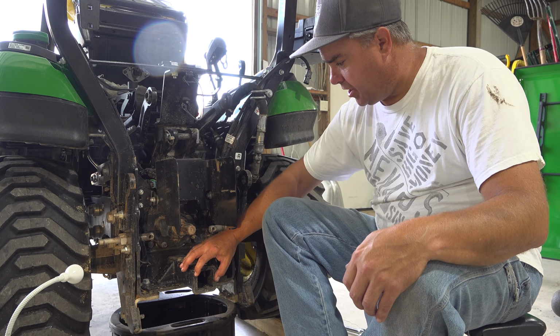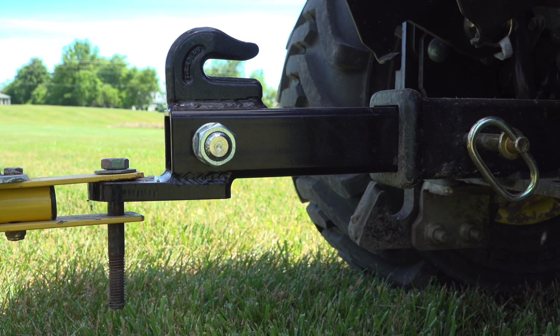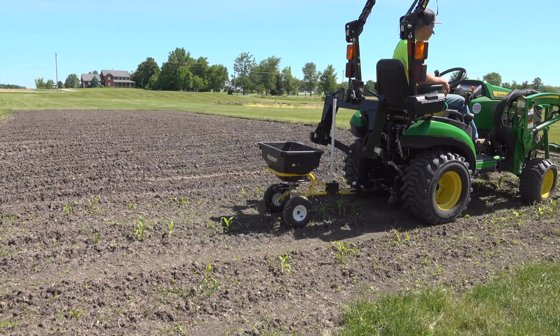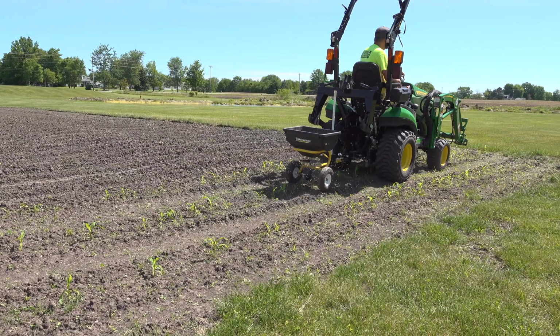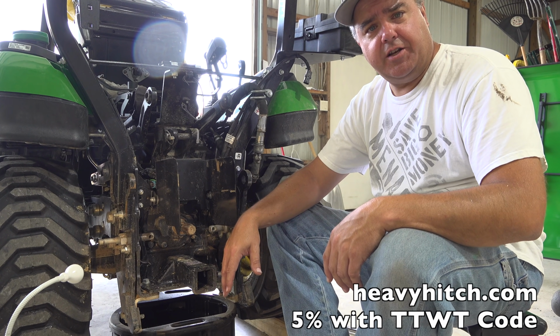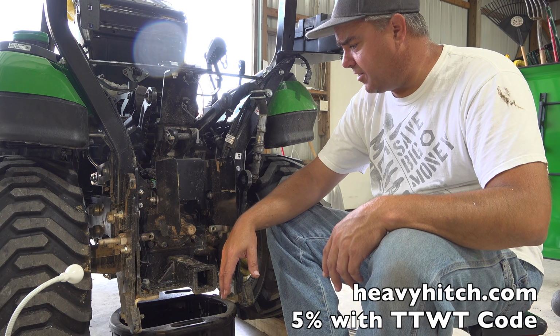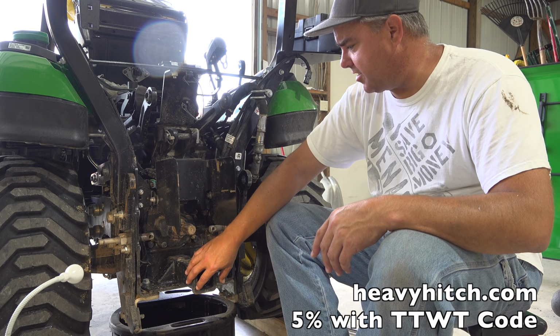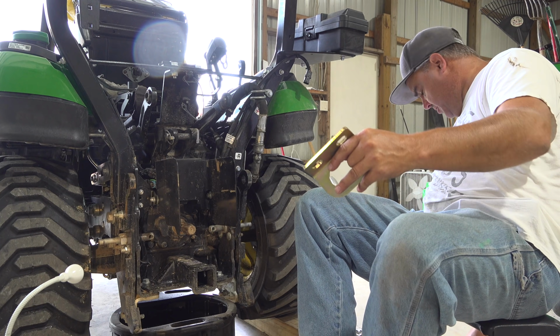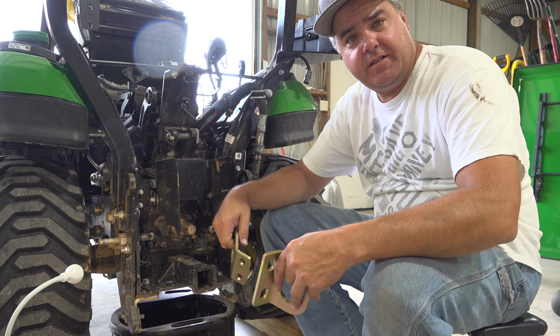I love this thing, by the way. It allows me to put a drawbar extension in here to pull small trailers, like our little sprayer and other trailers that are made for lawn tractors. Lengthening that drawbar allows those trailers to turn very nicely, and otherwise they're just too small for this tractor. But I'm going to take this thing off because I've got a couple other brackets that I'm going to put